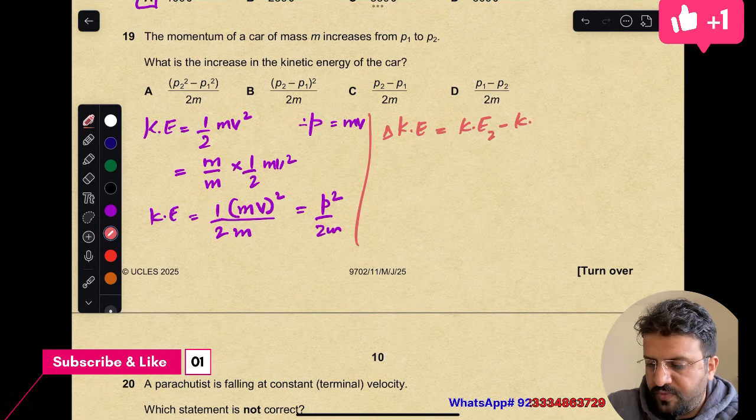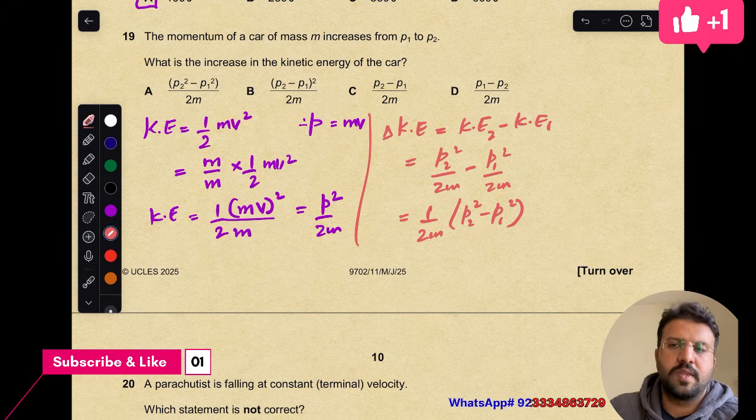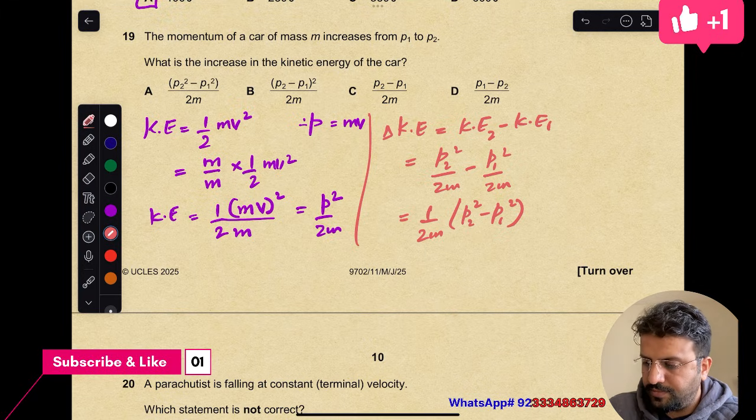Let's suppose final and initial, final you can call 2, initial you can call 1. So it will be p2 square divided by 2m minus p1 square divided by 2m. 1 by 2m can be taken as common, so it will be p2 square minus p1 square. Okay, so it's option